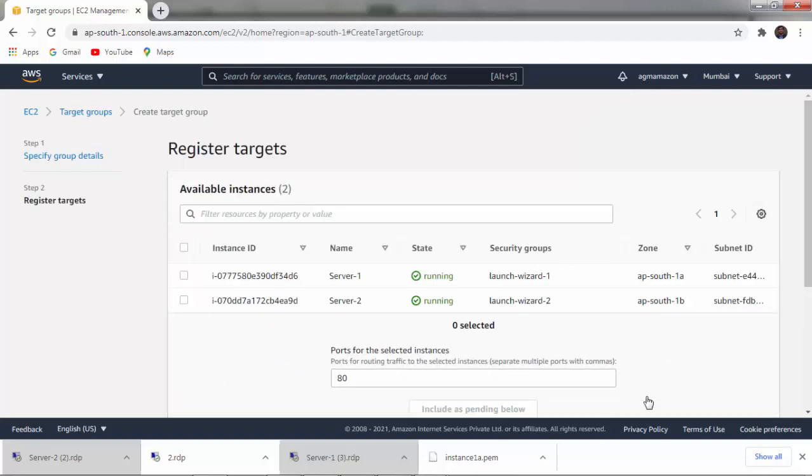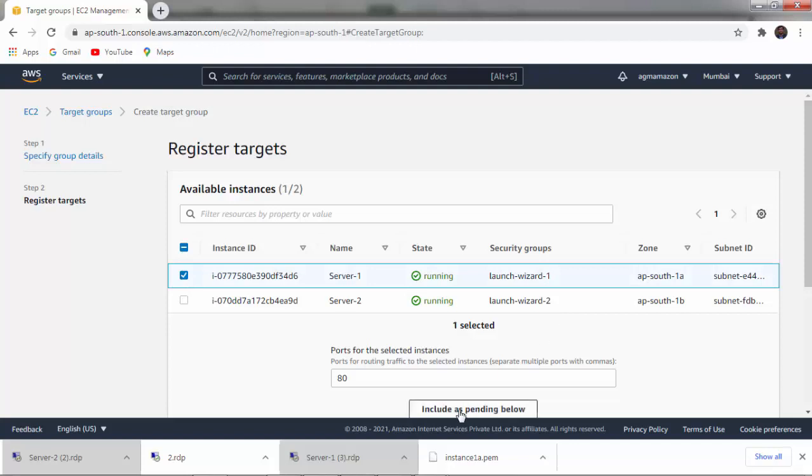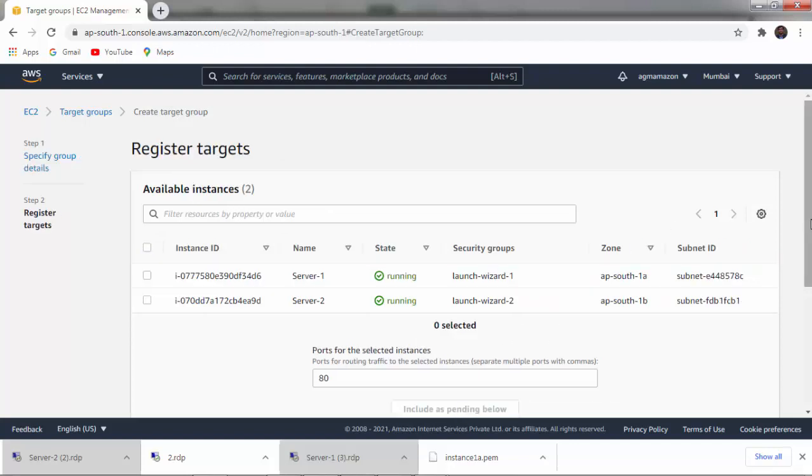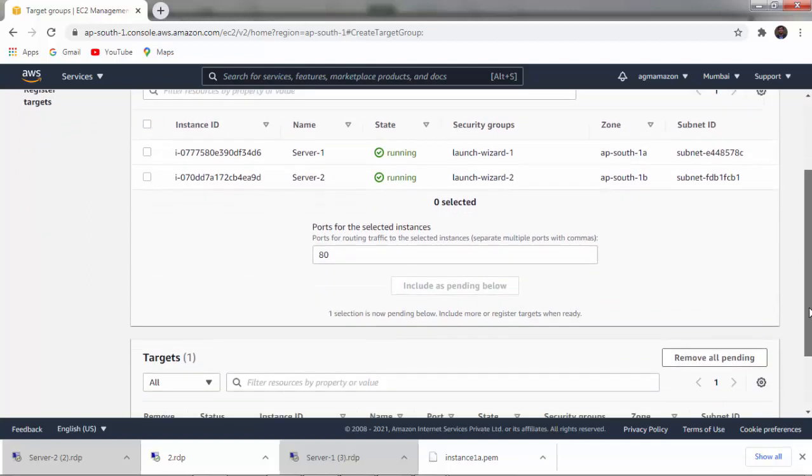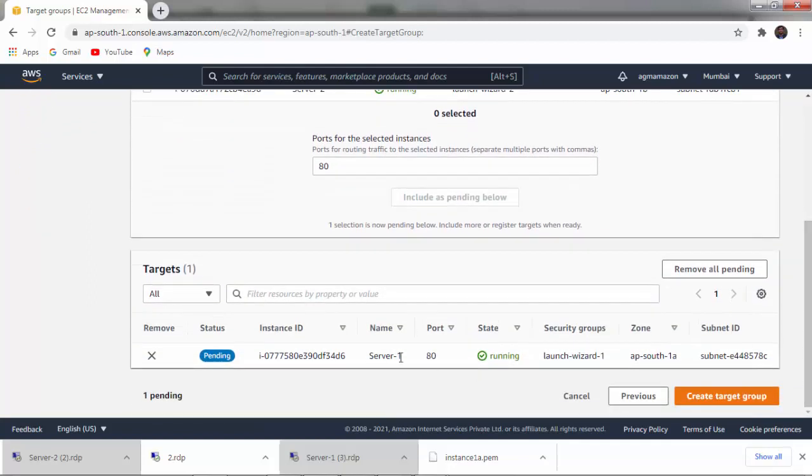Now next step is we have to register our targets. We want to register both instance 1 and instance 2, that is our server 1 and server 2. You have to select it and then click on include as pending below, and you can see here our first server 1 has been added, or we can say registered.